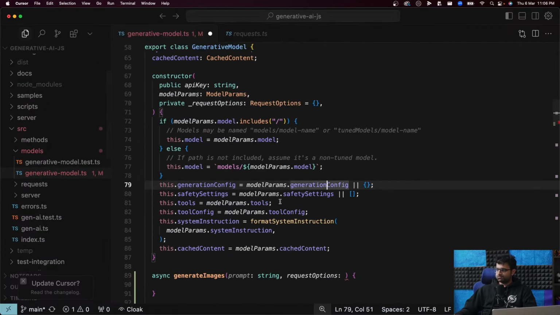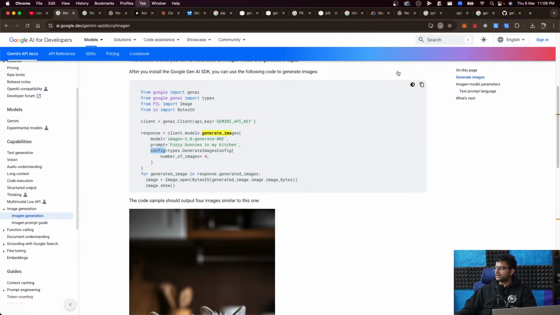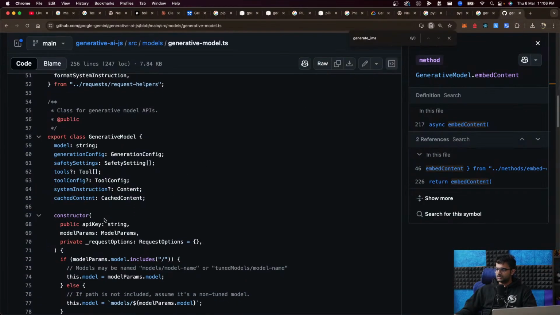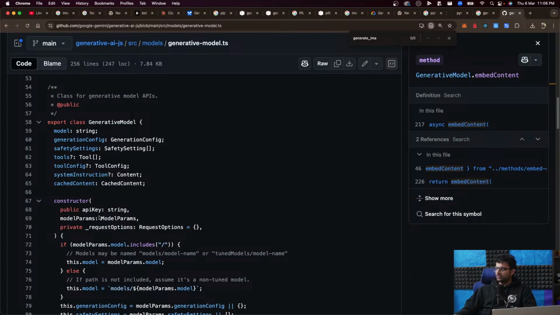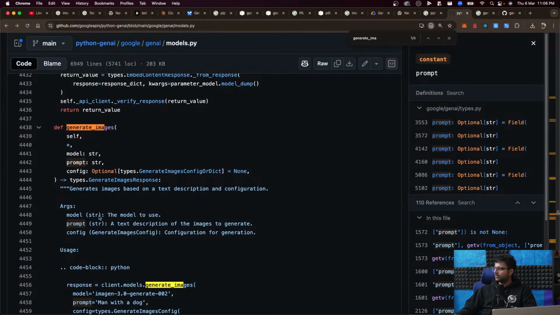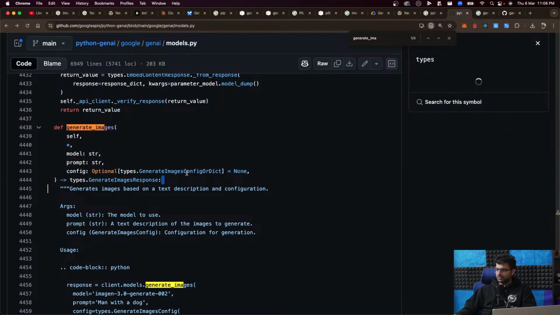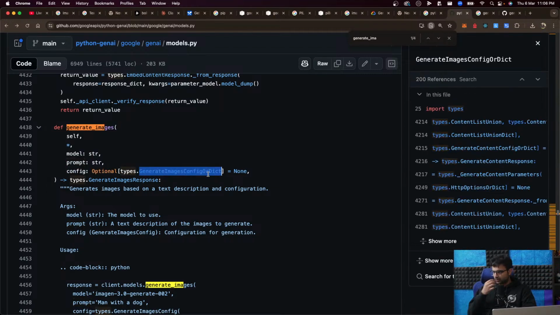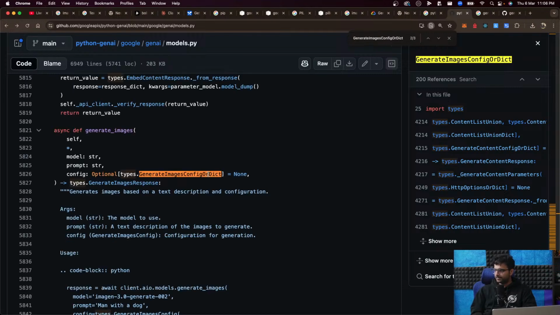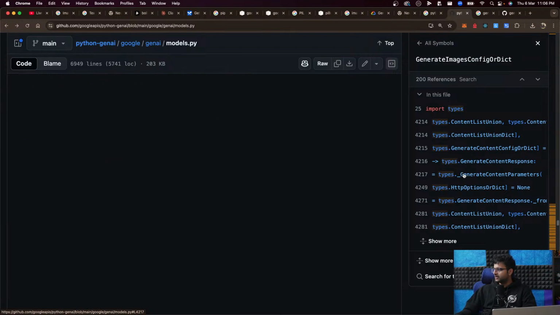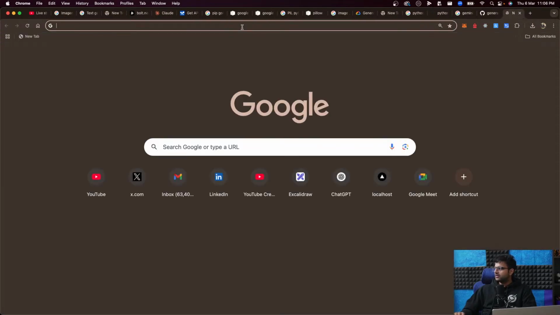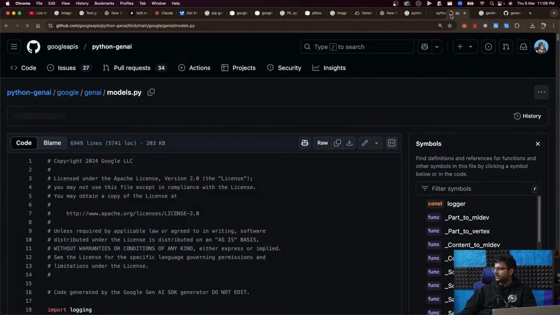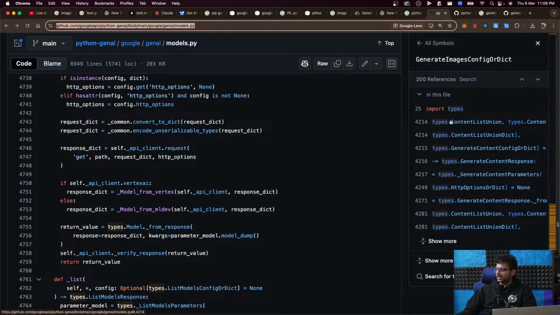Let's go to the Python docs. Generate images is simpler, but there you go. Generate images config. Let's look at what it looks like. Most probably we'll have a separate class, from what I'm smelling right now.